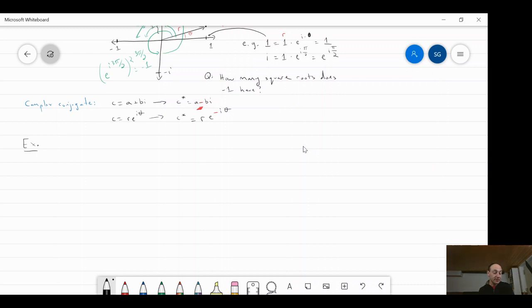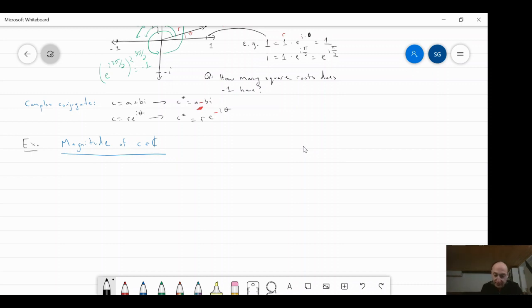Let's talk about the length, or the size, or the magnitude of a complex number. So what is the magnitude of a complex number c in this space? To answer this, you should always go back to what you've learned before. How did we define magnitude for a real number?